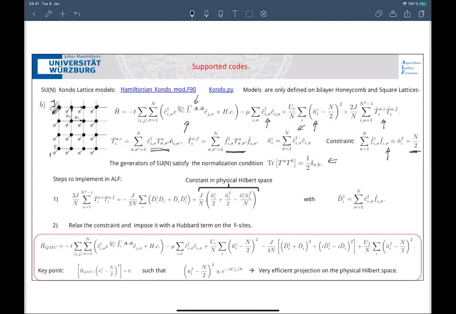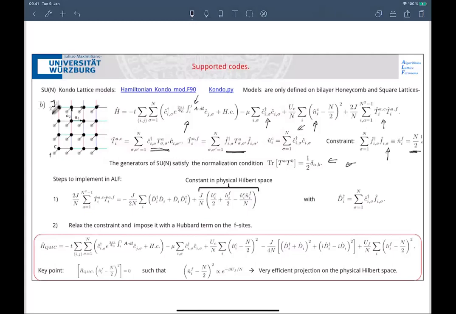So if you take n equals 2, that would mean here I would have 1, and that would be something really like a spin. If you have a spin degree of freedom, you have no charge fluctuations. If you fermionize a spin degree of freedom, you have just 1 electron per site. Okay, so this is what we would like to put in the code, and so you have to manipulate everything a bit.